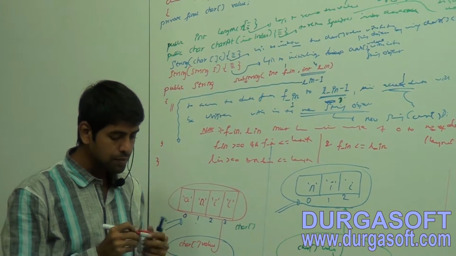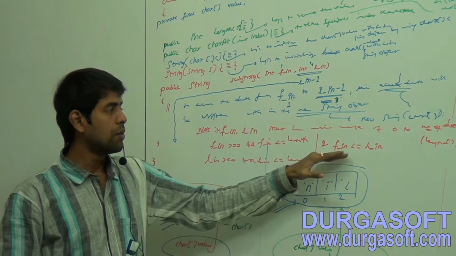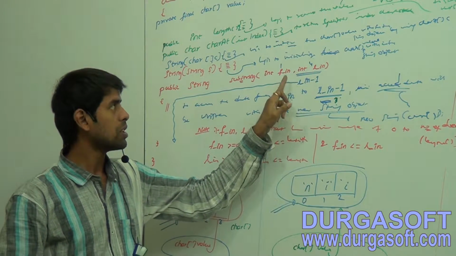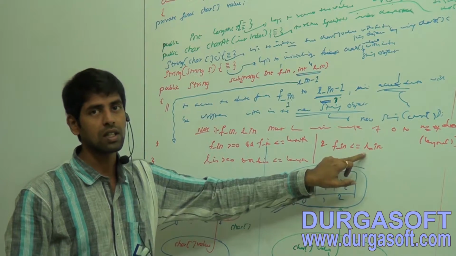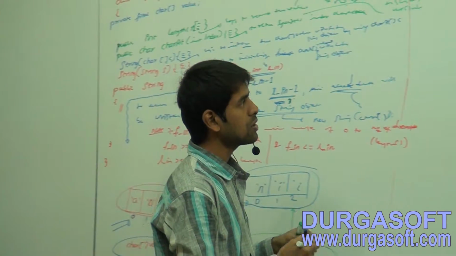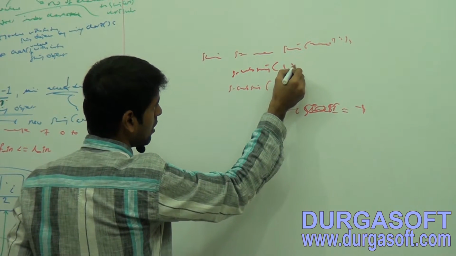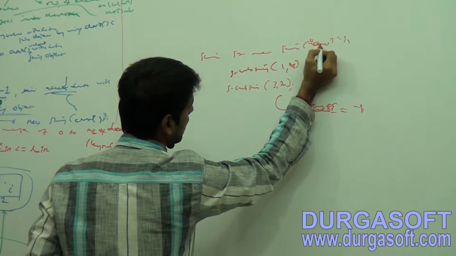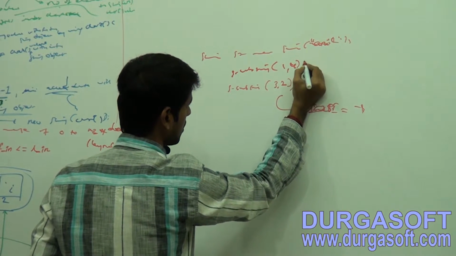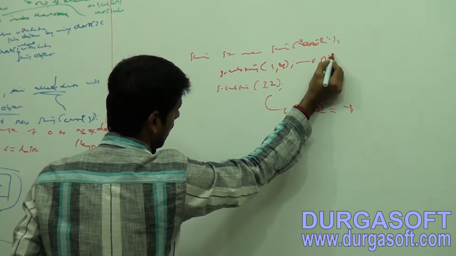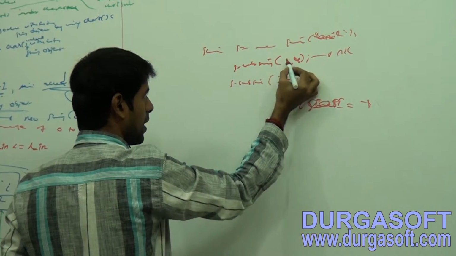The other one is that the first index value must be less than or equal to the last index. Of course, if it is s.substring(1, 4), we have seen the output as what? N I L. Now if I pass here 4,